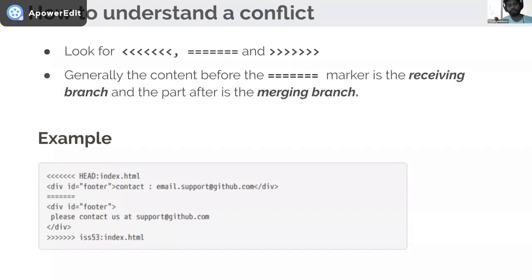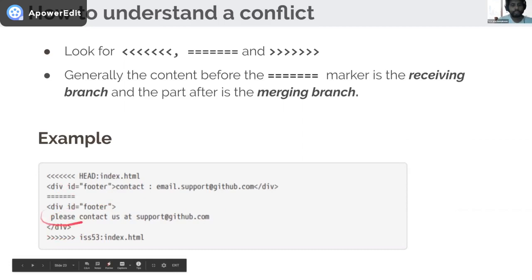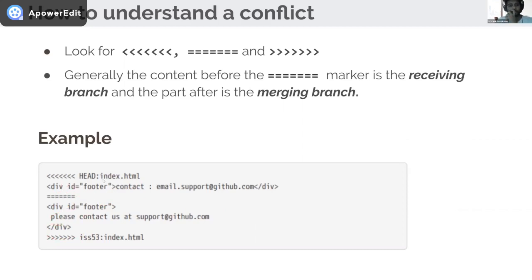So one party's change will be highlighted like this. Here, if you take this example, this one line of change is colliding with this change. So it can't actually decide what to use going forward. So the two developers in this case have to come together and decide what to use as the conflict resolution method, either to use this line or this section, or to use both these divs in this case. So maybe in another session, a Git advanced session or something like that, we can cover this.